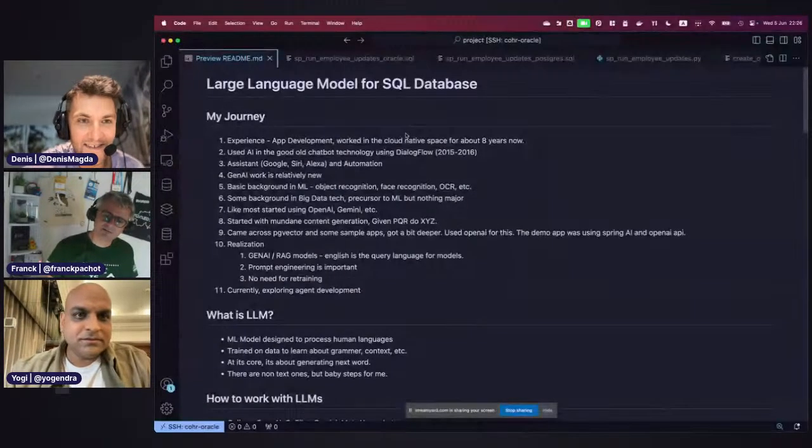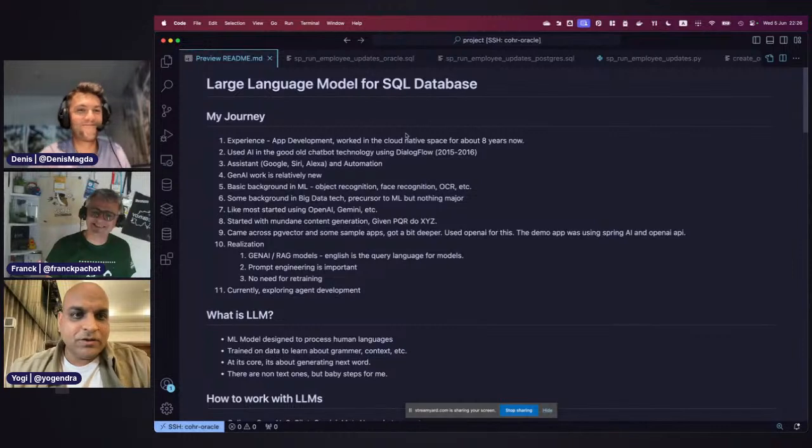Share the screen. Yes, if I can figure out the way to share the screen. So right now you can see this down below. Yes, present and share screen. Let me see if you can see. Okay, all right. I hope it's not a big recursion, but cool. Perfect, we see it.